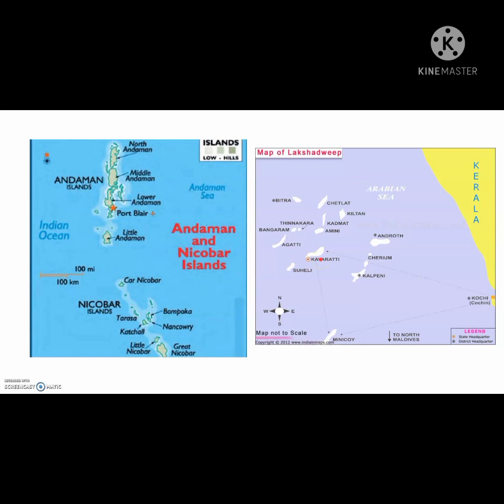And next, the Lakshadweep Islands. They are located in the Arabian Sea. There were 36 islands in Lakshadweep, with an area of only about 32 square kilometers. These are coral islands. What is coral? Dead remains of marine skeletons create corals. They lie just above sea level. If sea level increases, Lakshadweep will be submerged.